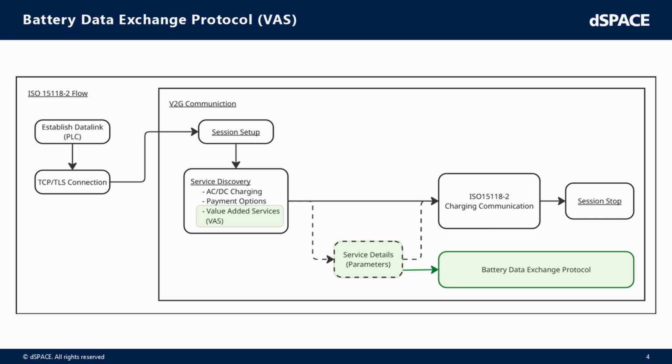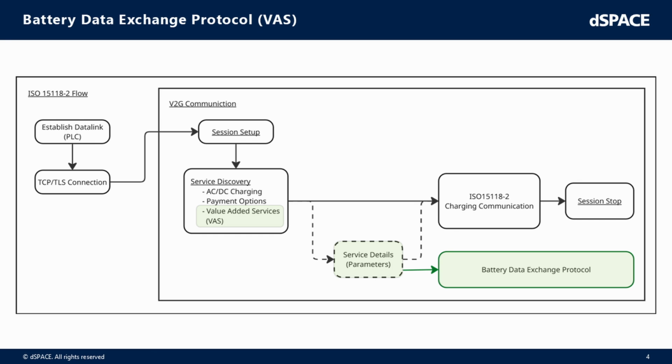Right after that there's the service discovery, where the charging point announces everything that it offers to the electric vehicle. So of course how to charge on AC, on DC, one phase, three phase. It offers maybe different payment options, and also the charging station can offer an optional list of additional services, so